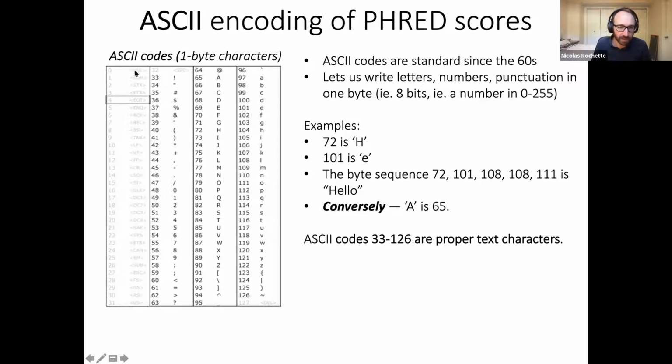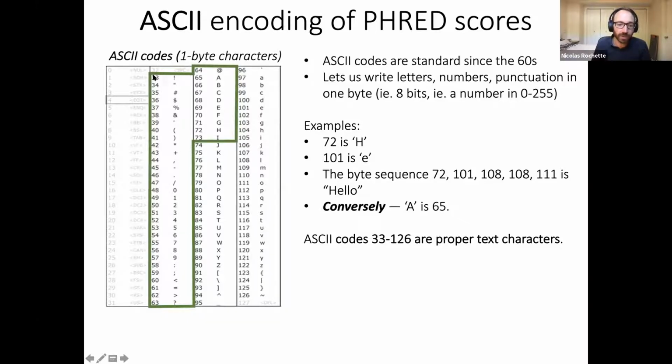And so all of these characters on the left, in the first column, and this one, this is space, are not really usable in text files because they don't mean anything obvious. And so what we're going to use for our encoding here for Phred scores is typically these 40 characters here,